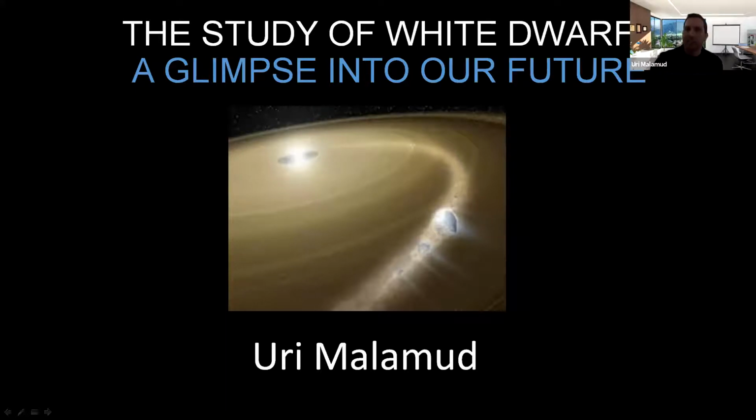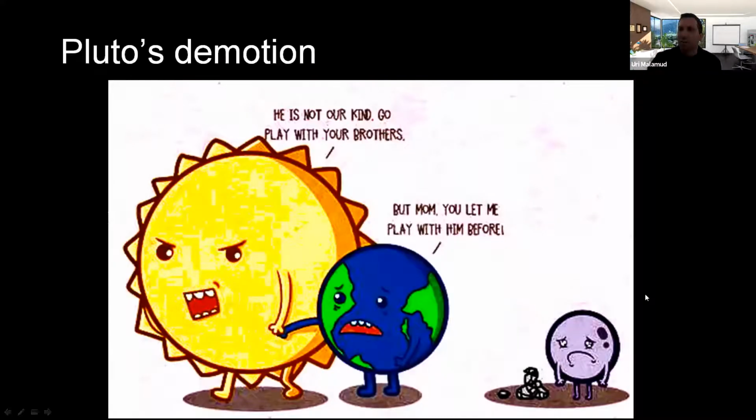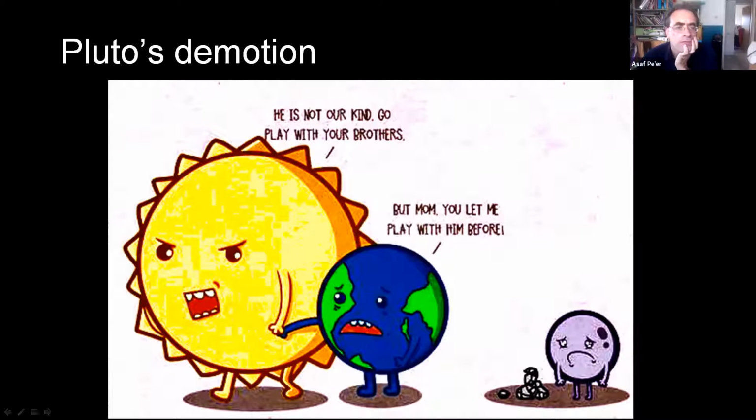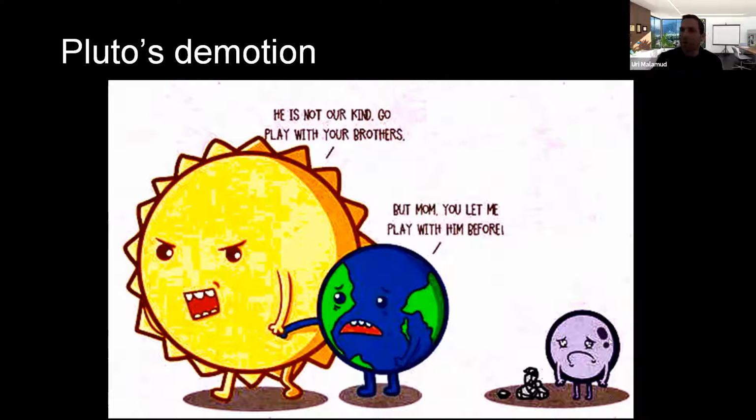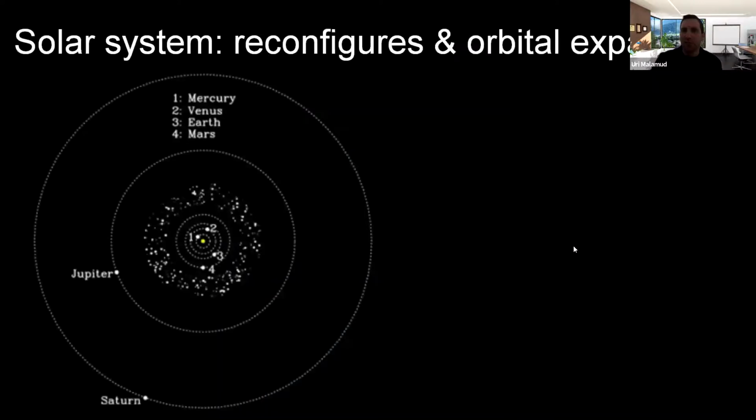I can start. So I want to loosen the atmosphere a little bit with a funny cartoon of humans deciding to demote Pluto. They decided that Pluto is no longer a planet, it is a dwarf planet. And so I think this is quite funny. Pluto is a little bit insulted by this decision. But I think what's really funny about this cartoon is that it's a good setup for the next cartoon, which is even funnier.